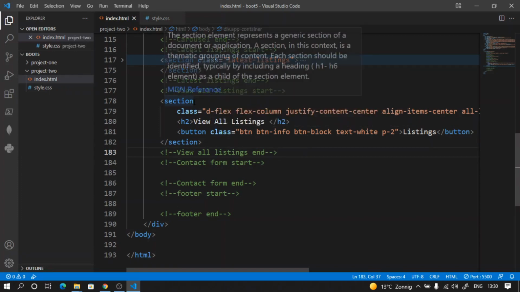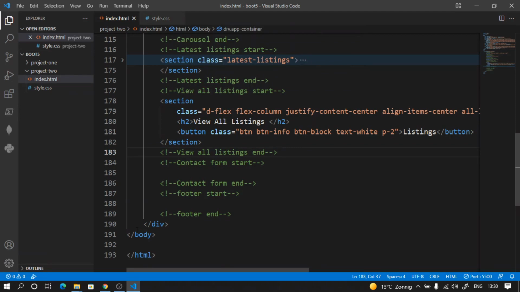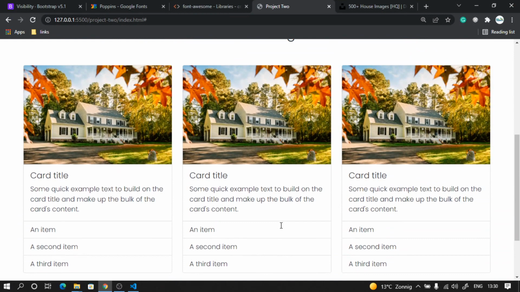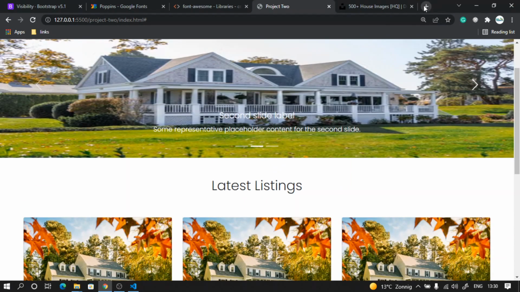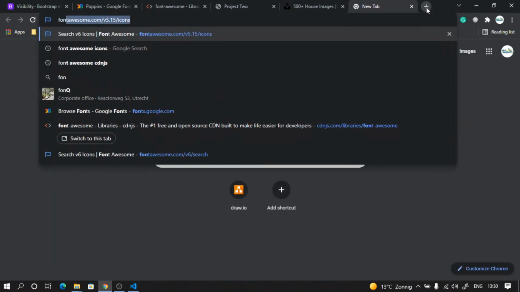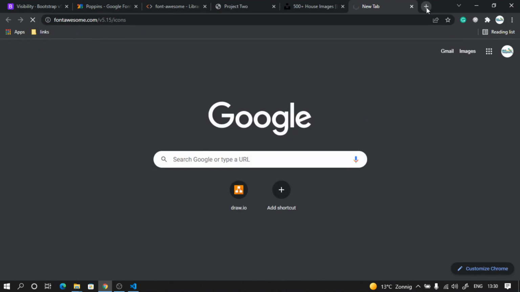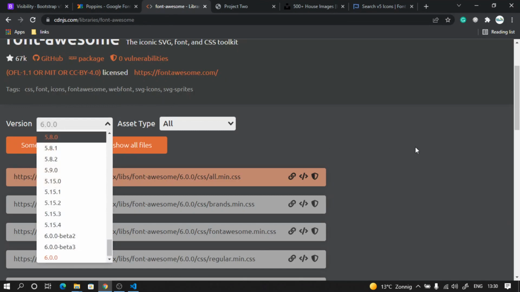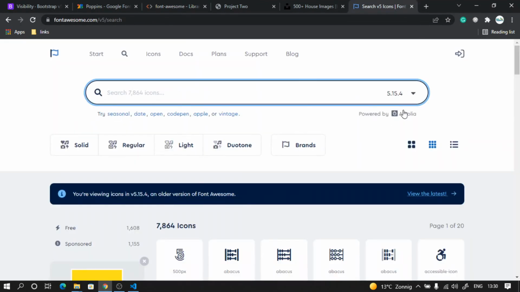Now let's go ahead and add the icons that we chose. Like we are using Font Awesome. So let's apply some icons here. So here we have our website. What I will do is go to the Font Awesome website, and as we are using the CDN Font Awesome version 6, we also have to go to the website and go for version 6 here. It's 5 point something. So select 6,